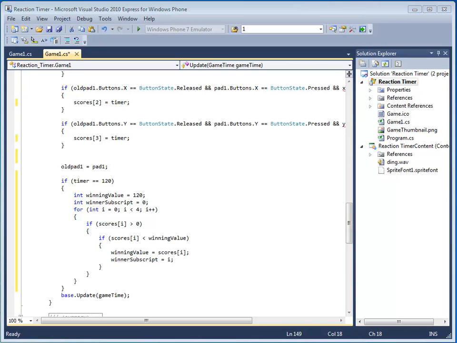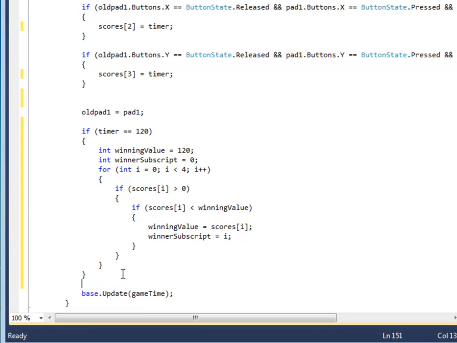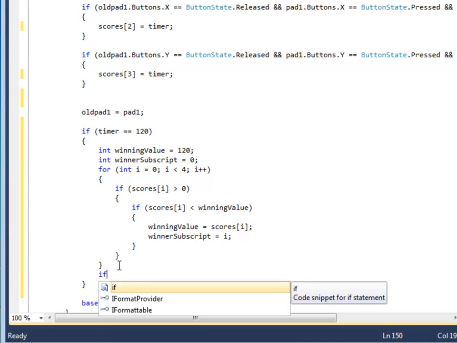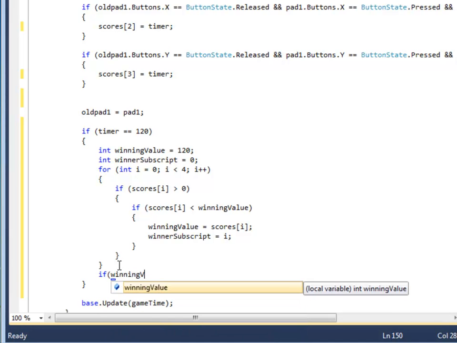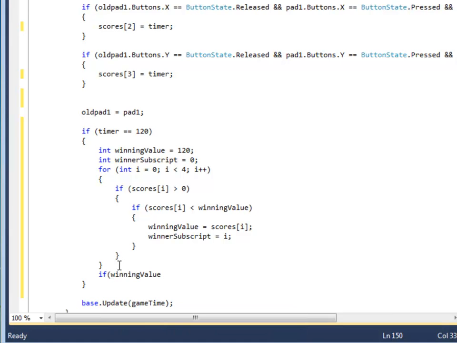Now, what happens if the players refuse to press a button? I know that's weird and unlikely, but as programmers, we have to account for all possibilities. We need to be able to display no winner as well. So, after all of that, actually, while we're within the timer equaling 120, if the winning value is not equal to 120,